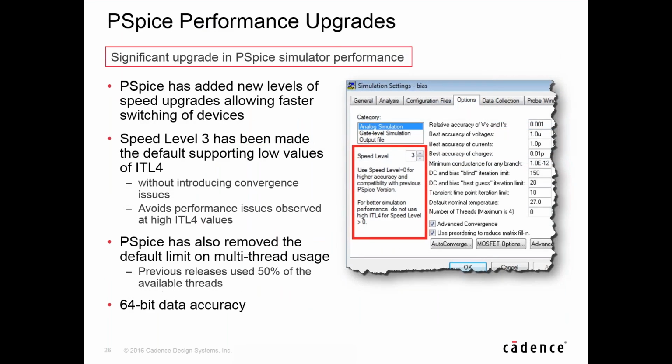In addition to the schematic editor enhancements and the mixed signal enhancements, we've also put a lot of work into the underlying PSpice simulation engine to deal with performance, accuracy, and convergence. And again, these slides are covering some of these features. We actually have more detailed slides if you're interested in them. So we now have added a new speed level in PSpice. We add speed level 3 that allows the simulation to run a lot faster, and it allows you to model devices switching at faster speeds without introducing convergence errors and without sacrificing